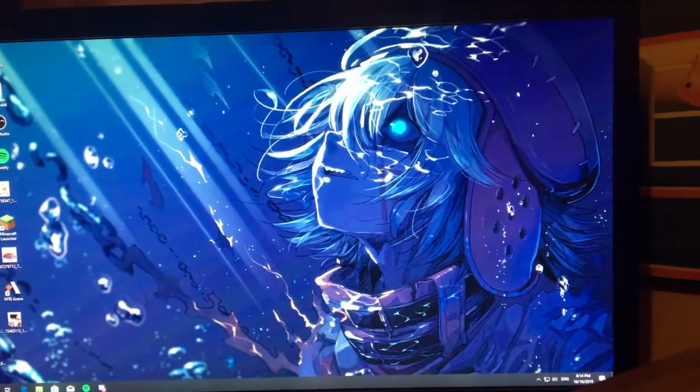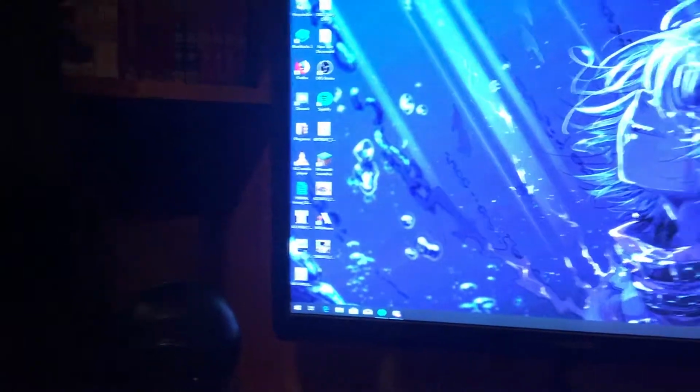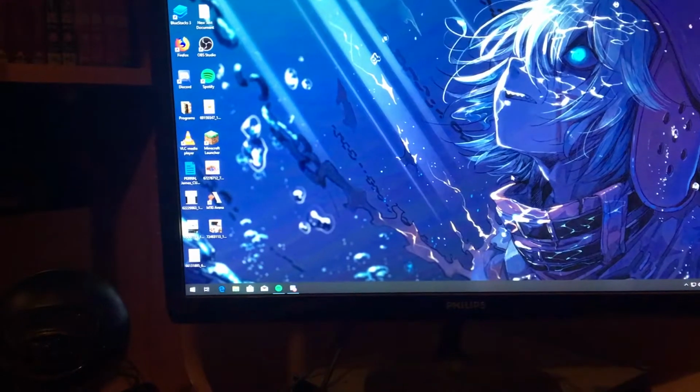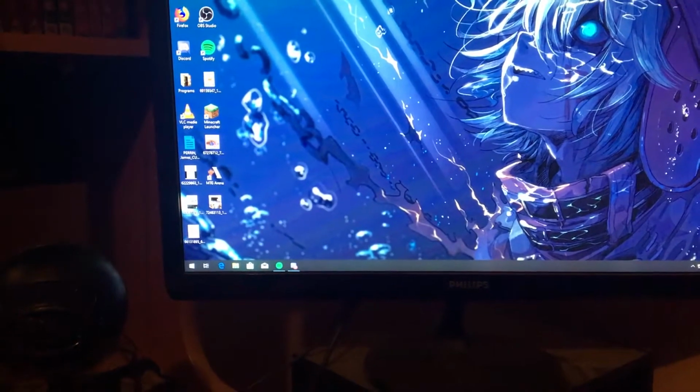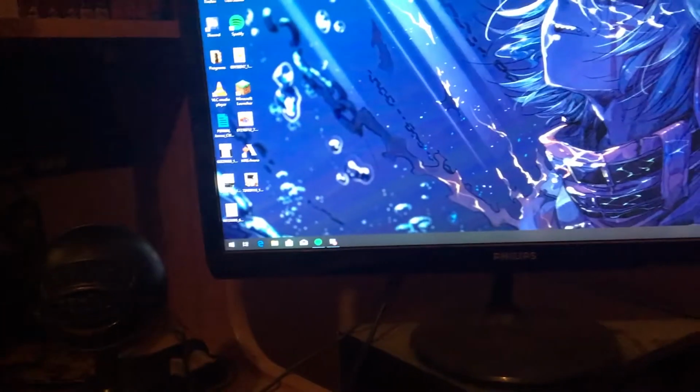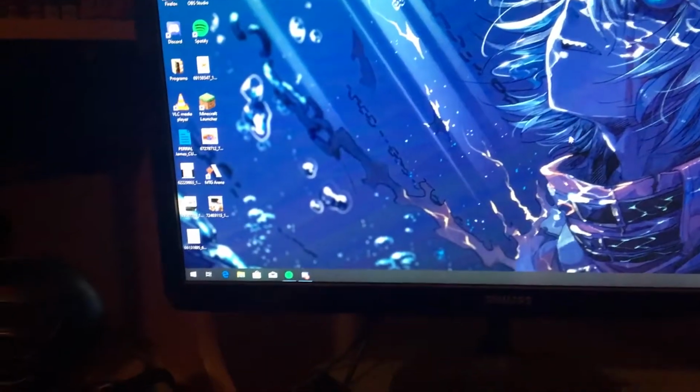So, this is my computer, and this is my room. I got the idea from my editor, actually, to do a collection video because I do collect quite a few figures and cards and stuff like that. So I thought I'd go through a few of the things that I've collected over the years and show you guys. So first things first, here's my little...